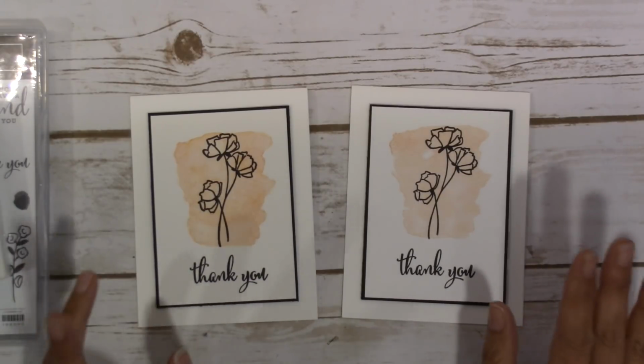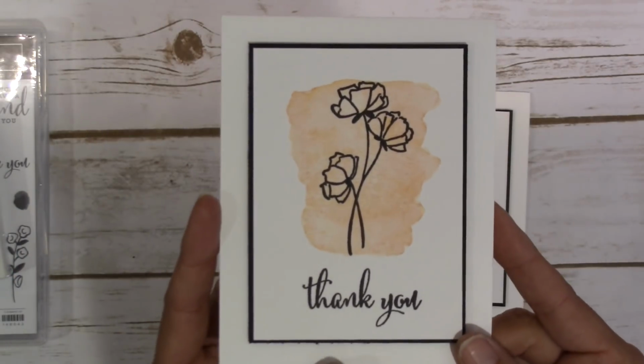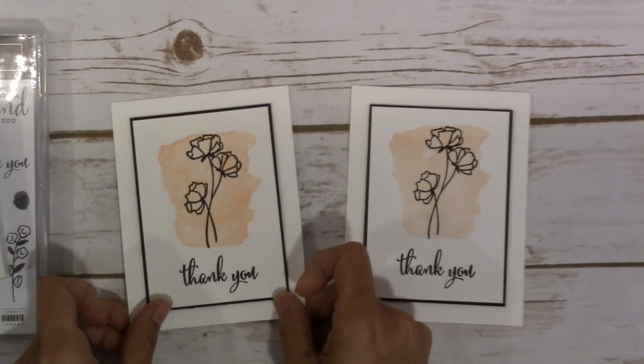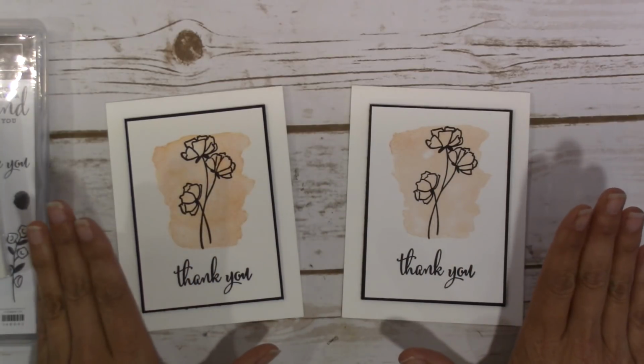To date. Well, maybe not, I don't know, but literally, it's just the most simple card, but isn't it just pretty? It takes absolutely no time at all, and it uses the Love What You Do stamp set that is